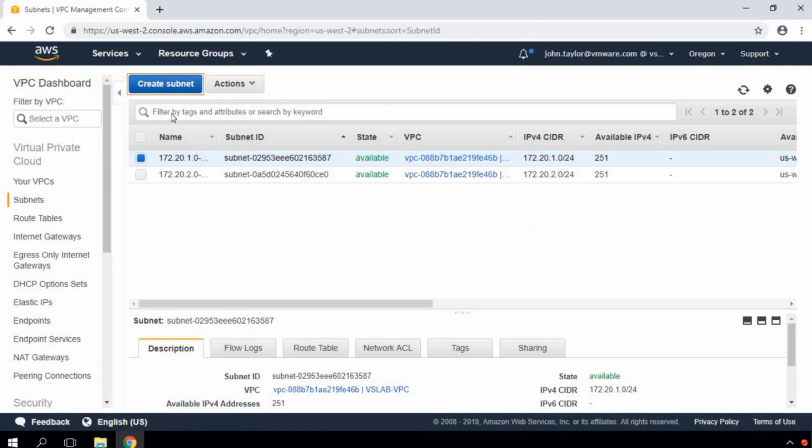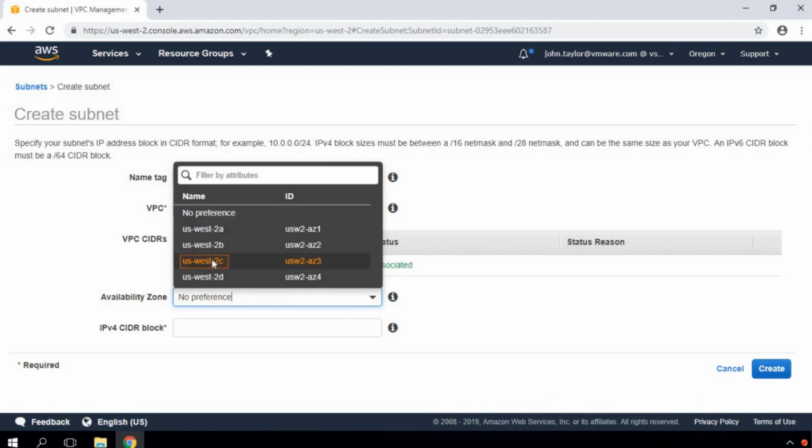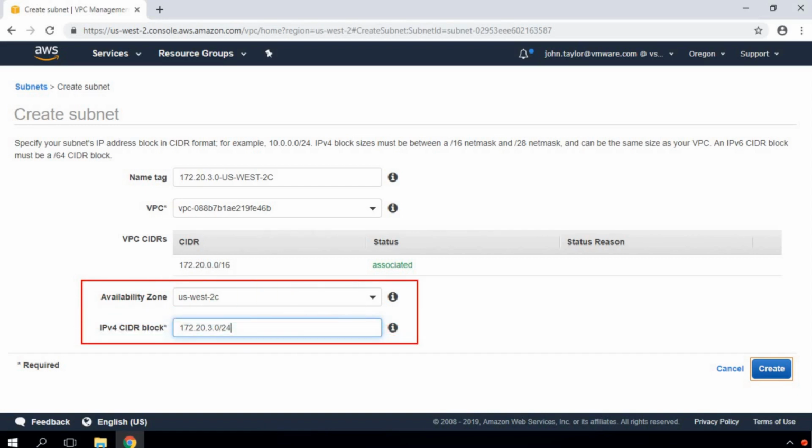Now click on close. Now let's create our last subnet. Click on create subnet. Again, follow those steps: 172.23.0. That's the CIDR block we are going to use, and that's the notation of our availability zone. Select the VPC, and now again let's select the availability zone. This time we are going to select a different availability zone, 2C. And let's provide the subnet for that availability zone, that is 172.23.0/24. So that's our availability zone 2C, and 3.0 is the CIDR block.